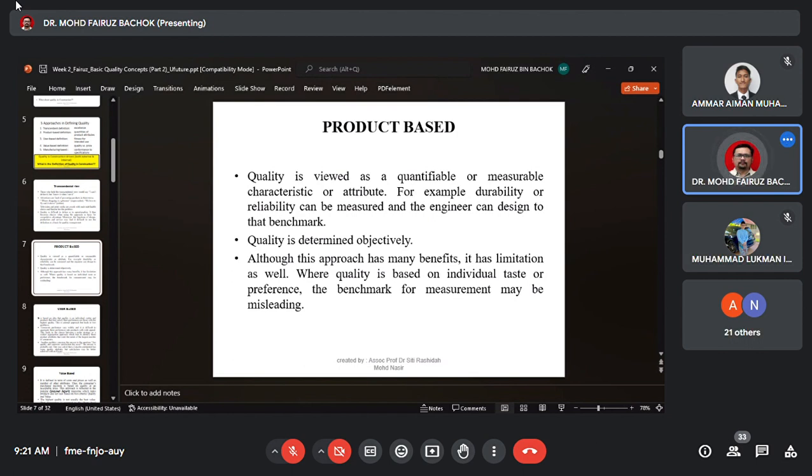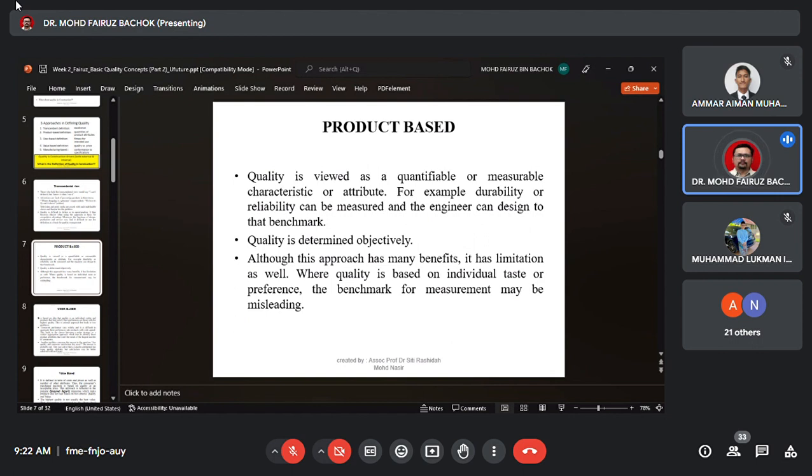Okay, so maybe one attribute, you have three attributes. Let's say, for example, the product has three attributes. Maybe one customer feels that all three attributes satisfy their need. Maybe another customer feels that only one out of the three satisfies their need, the other two do not. That means by the